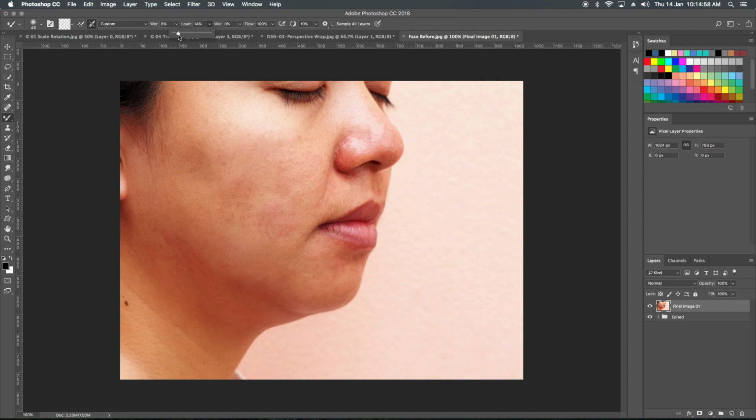The lesser the load, the lesser the amount. Less load, less wet, is moving lesser amounts. Now this will mix over a very small distance. This will not get mixed with here. This only gets mixed at this particular point. Let's undo more. And this is mixing. These two points mixed with each other.